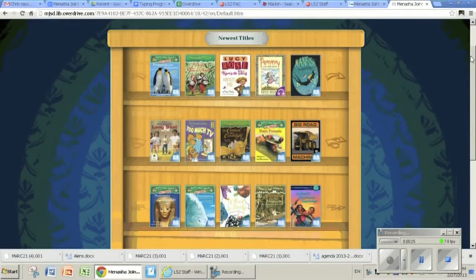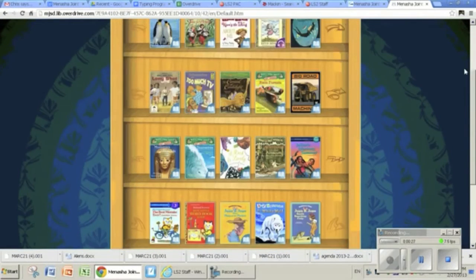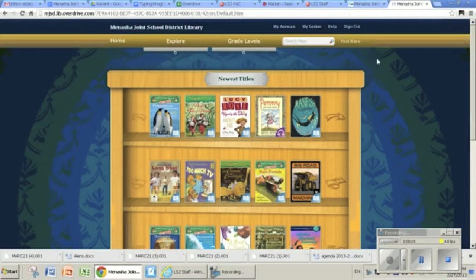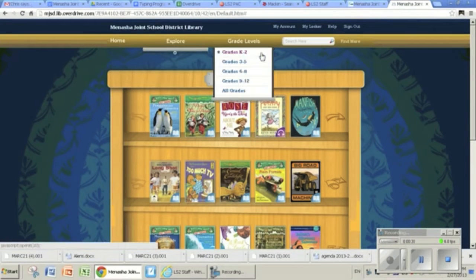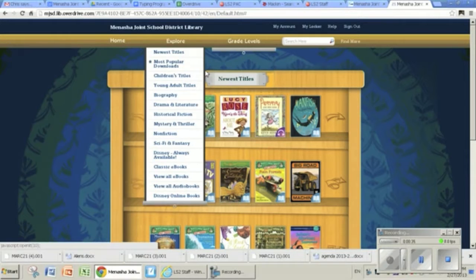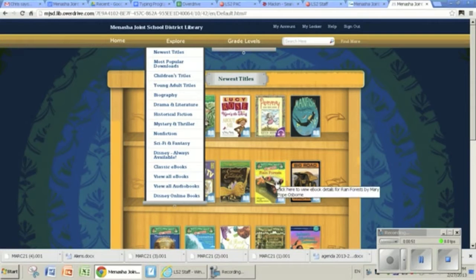From there, you'll have a wide variety of ebooks and audiobooks to choose from. Students can browse by grade level. They can choose by genres and subjects. They can also choose if they want to look just for ebooks or audiobooks, or we have the Disney online books also. So if a student wanted to check out this Rainforest book from the Magic Treehouse, they would click